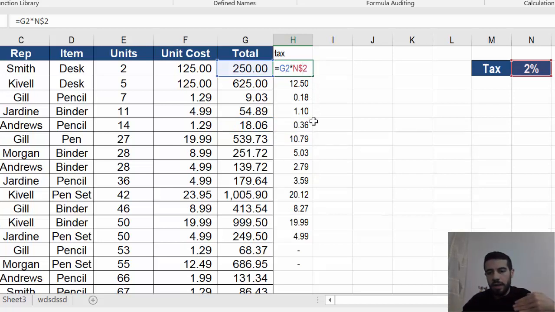When we drag the cells or the formula, the 2 will not change, because I added the $ sign before it. If I want to make the N frozen or not changeable, just add the $ sign before the N, which is the column here, and 2 is a row. But now we need just 2, because N is already frozen, it's not changing. If you can see here N and here N, it's not changing. Now just the rows change. So just add the $ sign before 2, and that is what is called